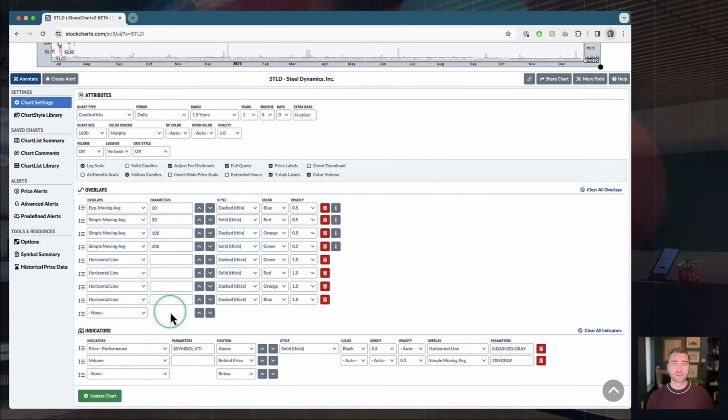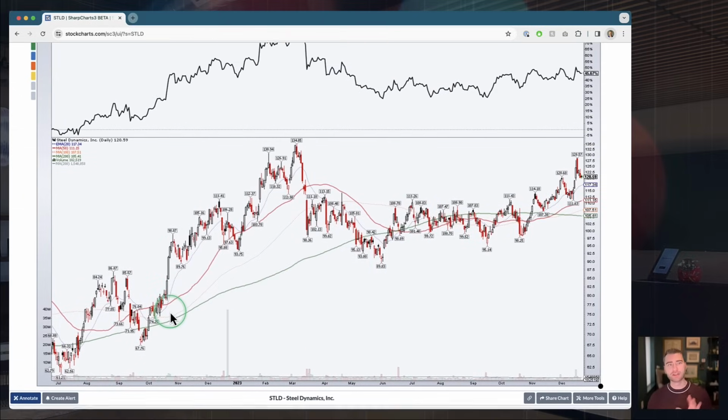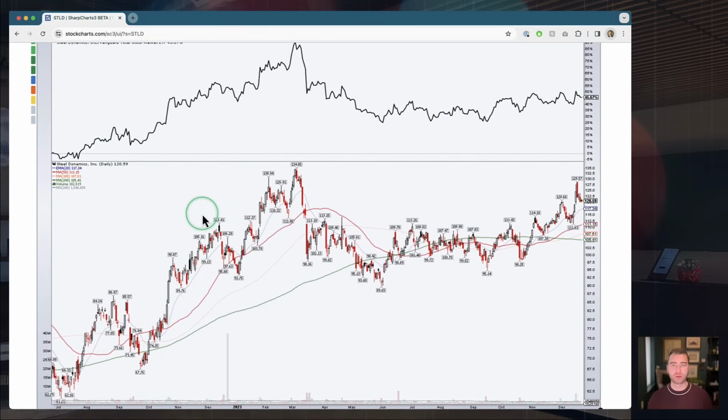But I use these to track my trades, again, from the stocking phase all the way through the buying phase until something becomes a real position. And then when I go into that phase of monitoring that position, watching that trade evolve, I'm still using these horizontal line tools. So I've picked Steel Dynamics here because it is a great example of a stock that's